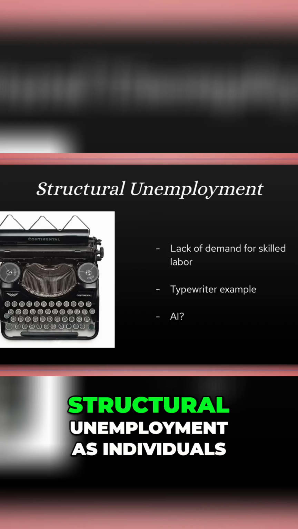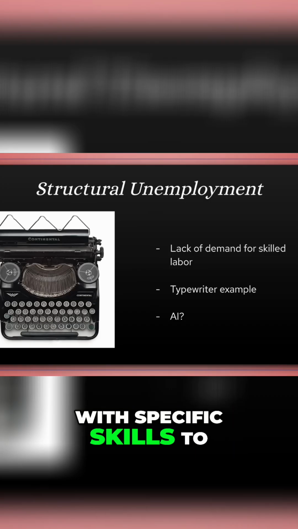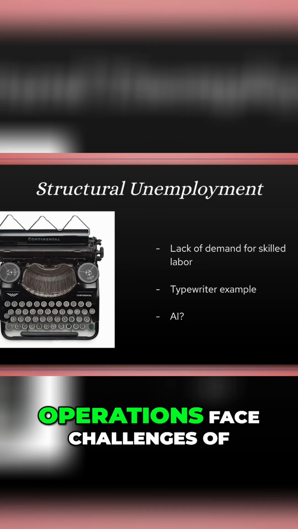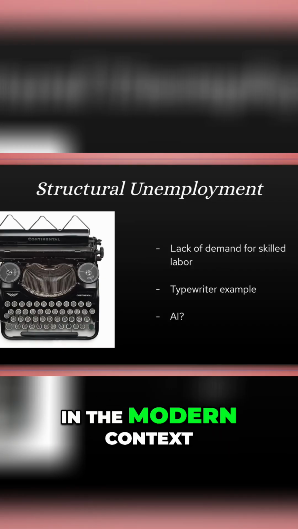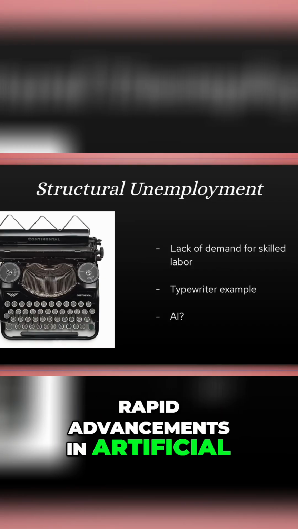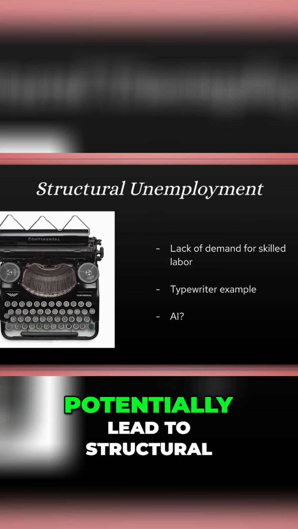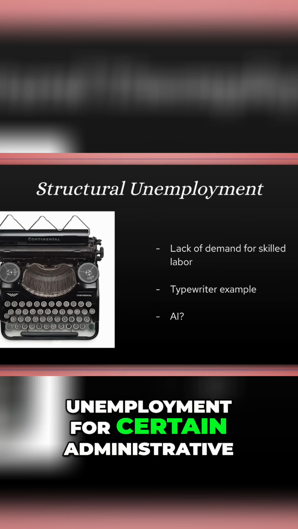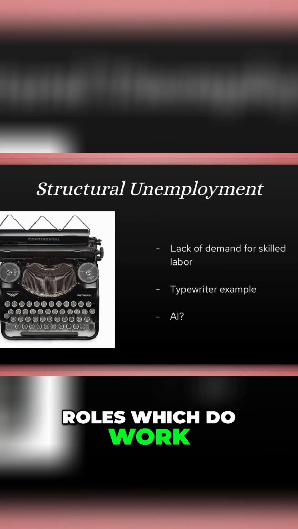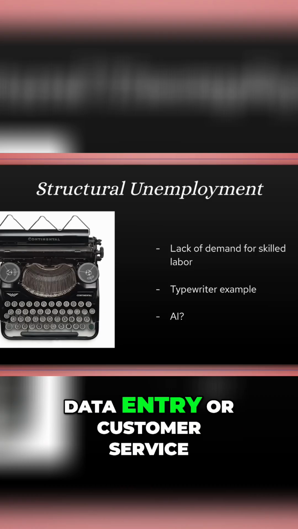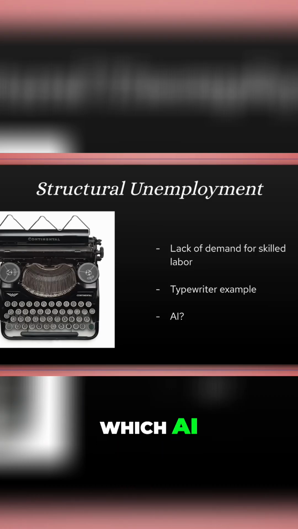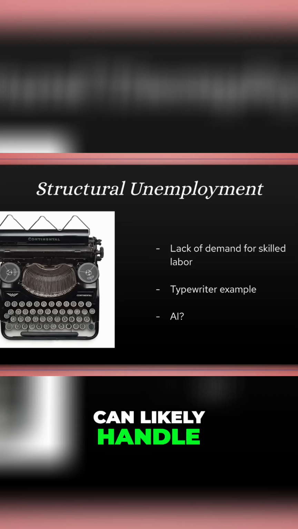This can lead to structural unemployment as individuals with specific skills in manual assembly or machine operations face challenges of finding relevant employment. In the modern context, rapid advancements in artificial intelligence and automation could potentially lead to structural unemployment for certain administrative roles, which do work that AI can easily replace. These include tasks like data entry or customer service, which AI, even at its current state, can likely handle, rendering